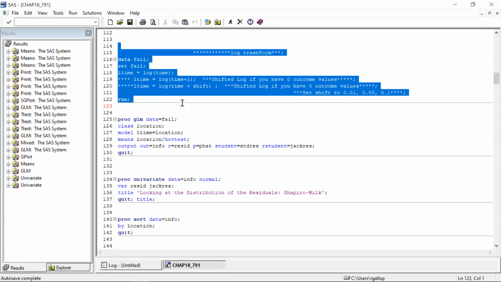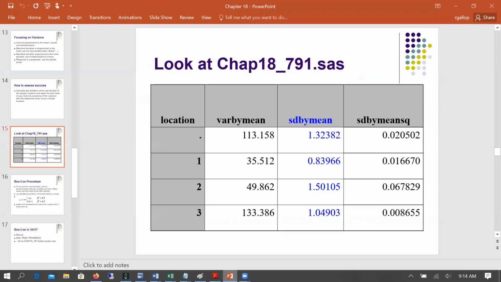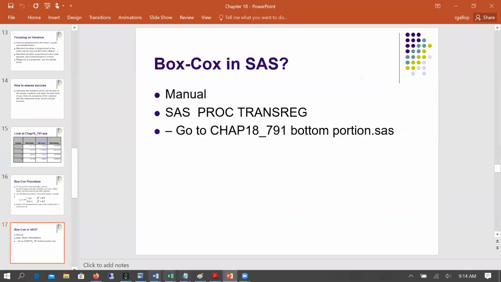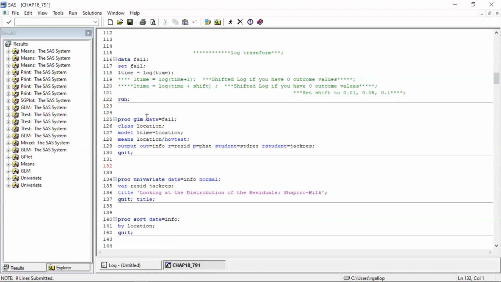So now I invoke the log transformation. The reason I invoked it is that, although I didn't do it here, if I looked at what we did there, the ratio of the standard deviation to the mean was relatively constant across the 3 locations. This suggests the log transformation by the rule of thumb from the book. And when I do that and fit this model,